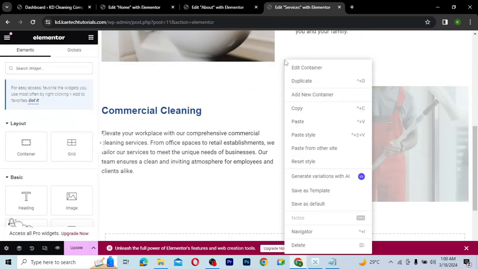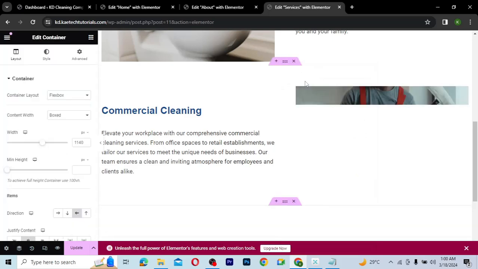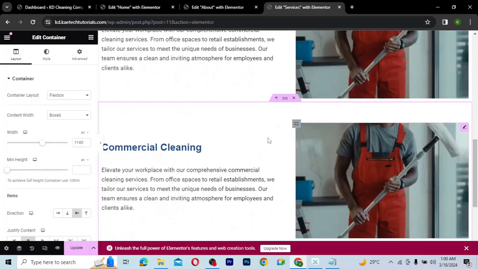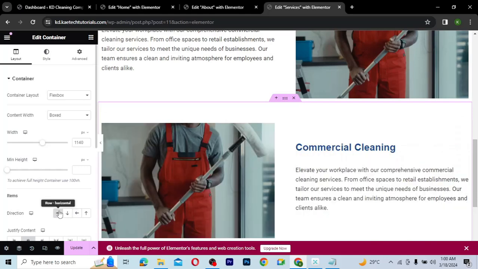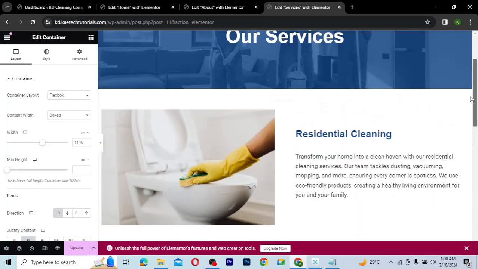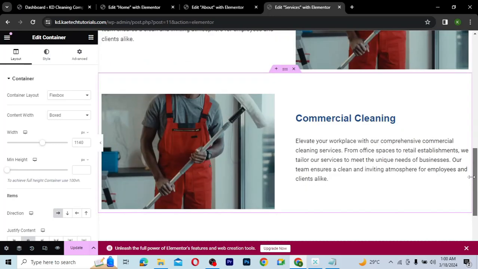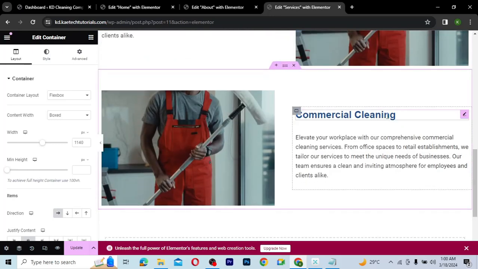So I'm going to duplicate this one. Okay, I will duplicate this one, and this time around I'm going to switch the rows again. Okay, so I'm going to go back to our normal one. So you see how it's looking like a zigzag with the images. Okay, so the same thing applies to this one. I'm going to change